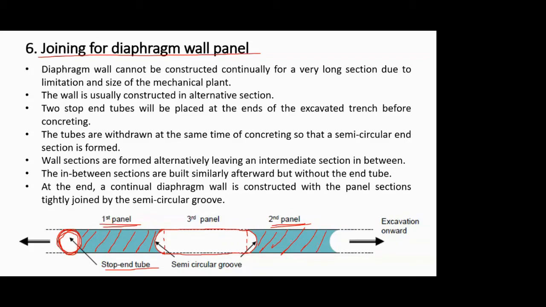And now once panel 1 and panel 2 are constructed, the portion in between, which I call the third panel, will be supported by the concrete wall on the left side and right side as well. So now the soil is supported on both sides, and you have to excavate the area in between and follow the same steps: excavate, pour in the bentonite slurry, put in the reinforcement cage, and remove the bentonite slurry along with concreting. Right. So this is the last step in it, and that's the last point I had to tell you, the stop end tube.